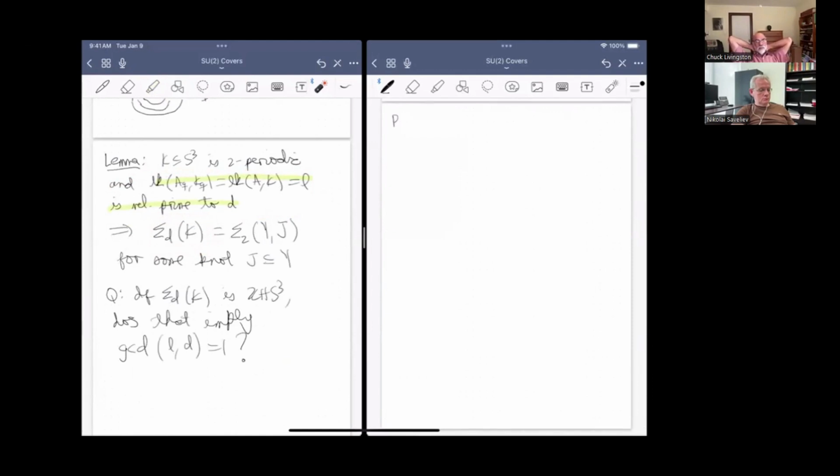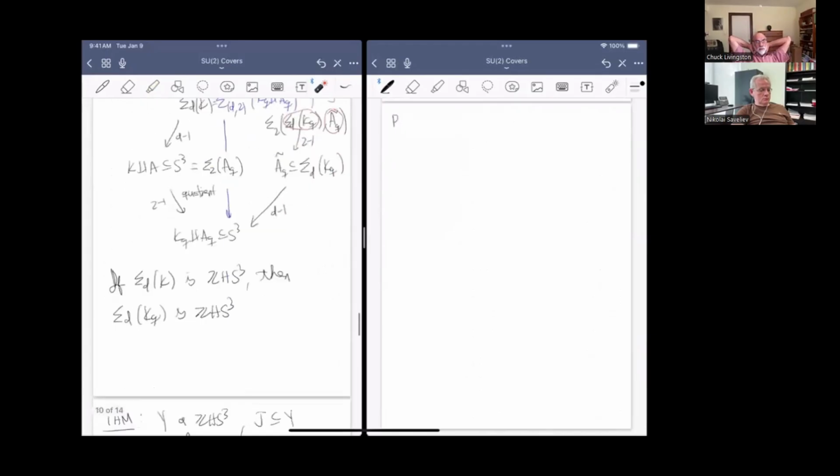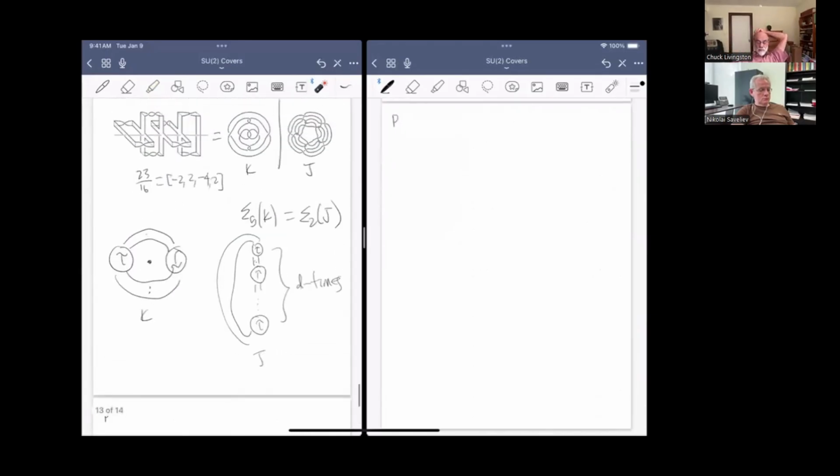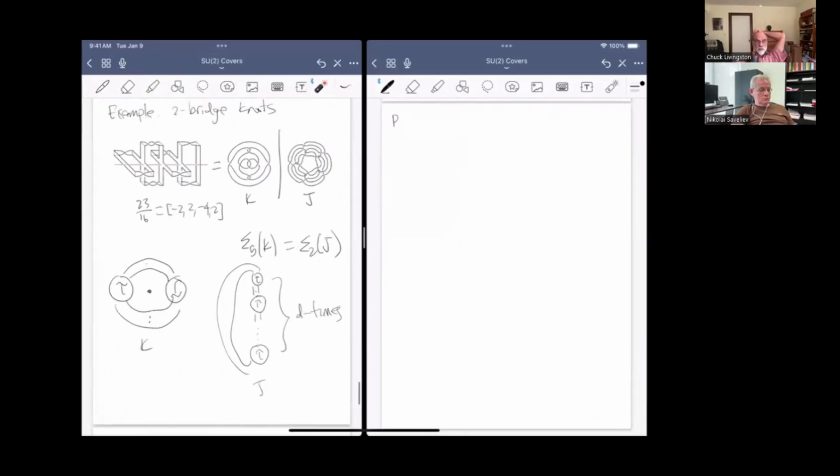Okay. Good. Now, the second part is the part that does involve a little bit more gauge theory. In this part, we rely on gauge theory, but we rely on results of other people. We don't develop anything new. There's just an application of results that have been known for a while. The second part, the moral is that